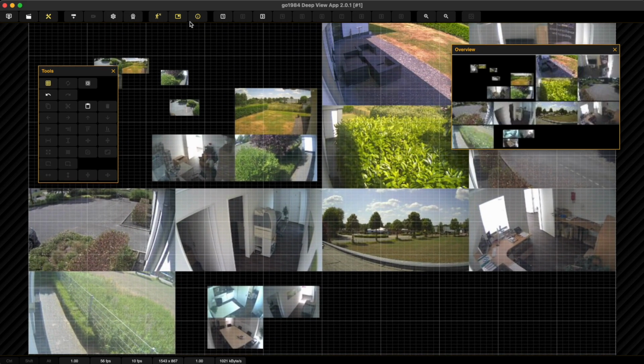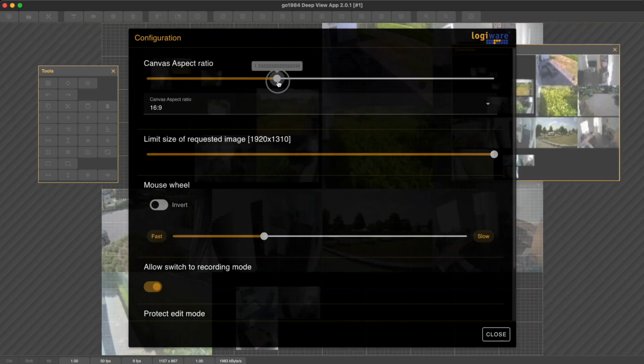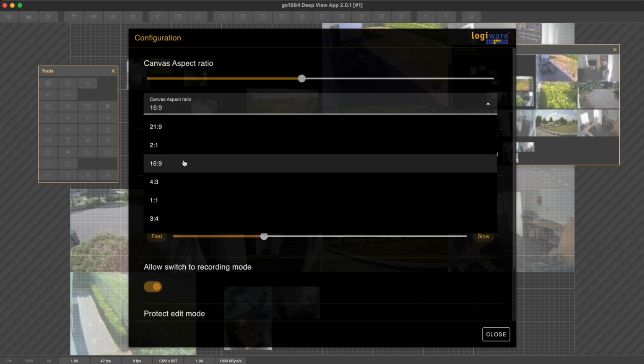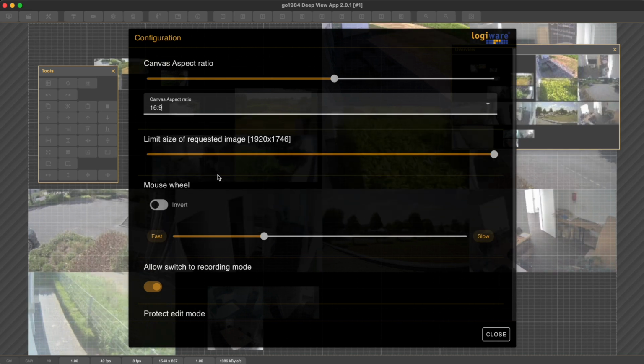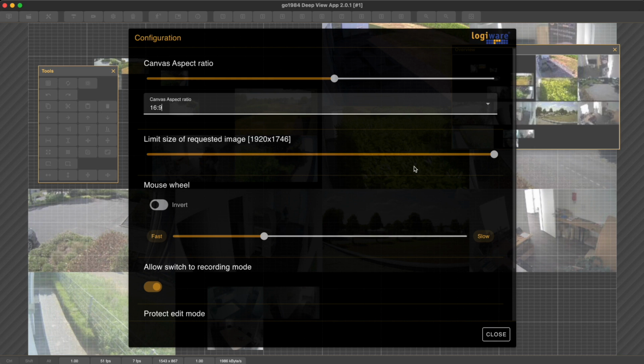Open the configuration dialog for general settings here. You have the option to change the aspect ratio of the display area. By default, the aspect ratio is set to 16:9. For best results, we recommend adjusting the aspect ratio of the display area to match the aspect ratio of the cameras. Ideally, the aspect ratio in full screen mode should match the aspect ratio of your monitor on which the